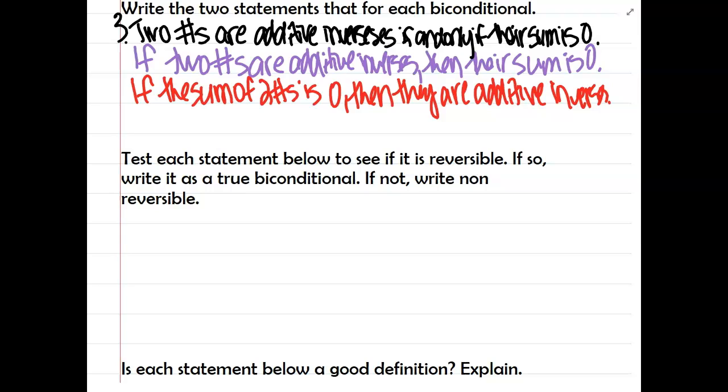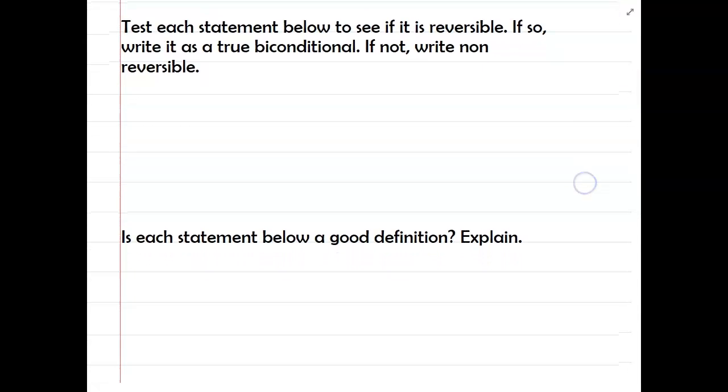Okay, so next we're going to kind of come into this idea of a good definition. The biggest thing we're going to run into when it comes to definitions is they're going to have to be reversible. Most of the time, definitions have common, easy to understand words. Most of the time they're precise, but they have to be reversible. Meaning you could read them both directions and they would be true in both directions. So that's what we're going to look at. We're going to decide if it's reversible. And if it is reversible, we're going to write it as a true biconditional. Okay? So number 4,